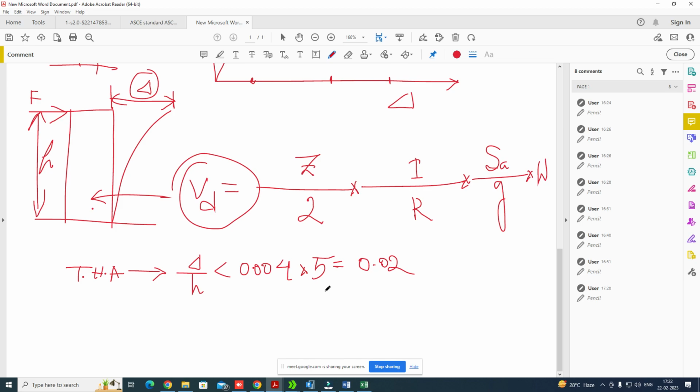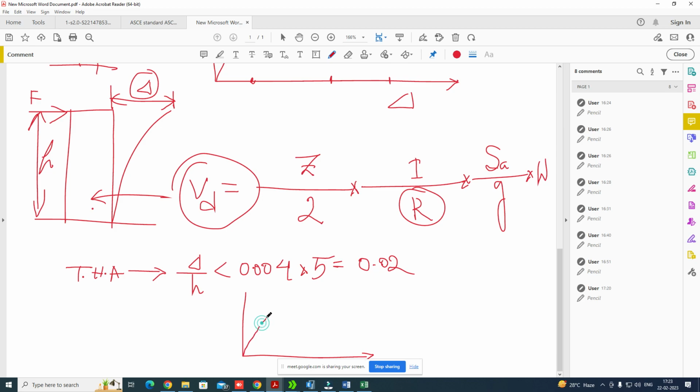This is because in case of time history analysis, we are considering the full nonlinearity of the structure. We are not relying on the reduced base shear. This VD is actually reduced base shear. As you can see, this is reduced by the factor R. But in case of nonlinear analysis, we are not considering the reduced base shear, we are considering the actual base shear. So if you remember the equal displacement principle,